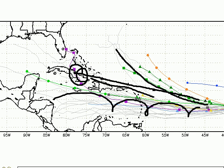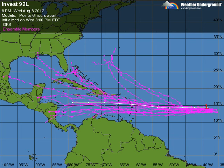But of course, the likelihood of it keeping that straight line is not all that likely at this point. There's the GFS ensemble models all over the place. Some take it near Bermuda, some take it near Costa Rica, others take it towards Matamoros, Mexico, and one takes it right towards the Mississippi coastline. When you're dealing with those four possible landfall points, you have absolutely no consensus, so you have to start small,